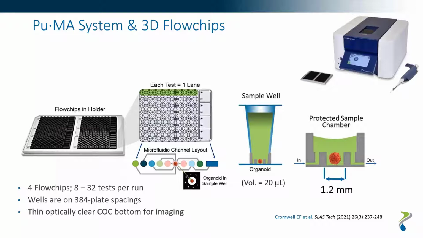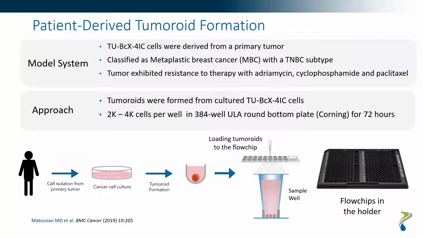sample damage or loss. In this study, we use primary cells called TU-BCX4IC, derived from a triple-negative breast cancer patient. The cells were created in Dr. Burrows' lab at Tulane University. Primary tumor is characterized as metaplastic subtype, aggressive and resistant to Taxol therapy. Isolated primary cells were used to create tumoroids by culturing the cells in ultra-low attachment well plate for up to 72 hours. Then created tumoroids were transferred to the flowchip for further automated drug treatment and assay execution, downstream measurement,